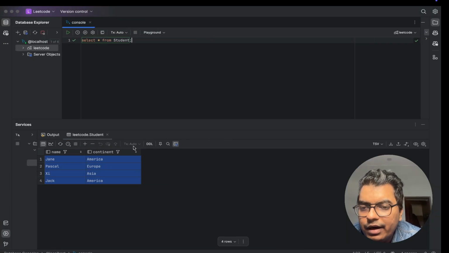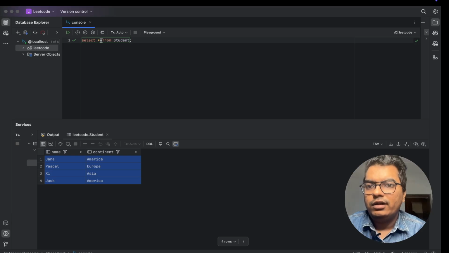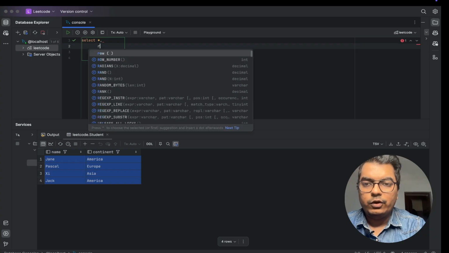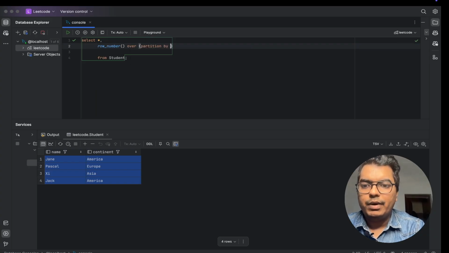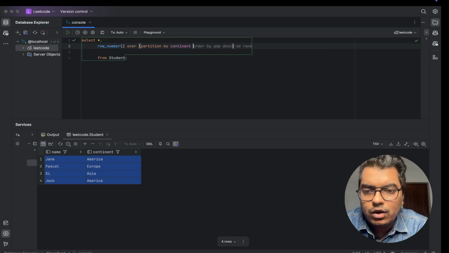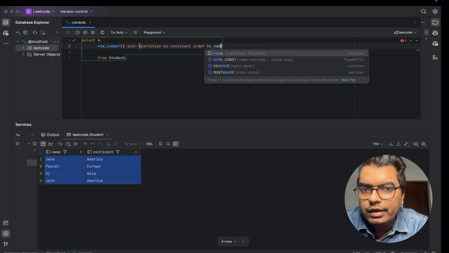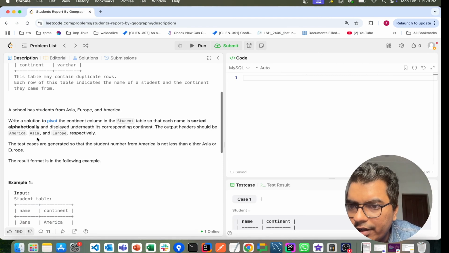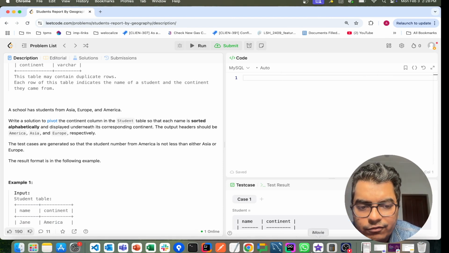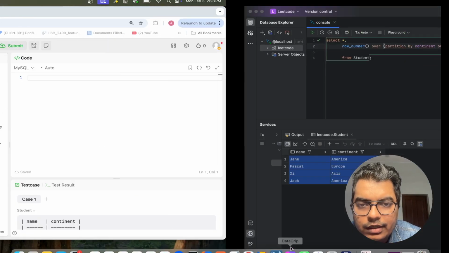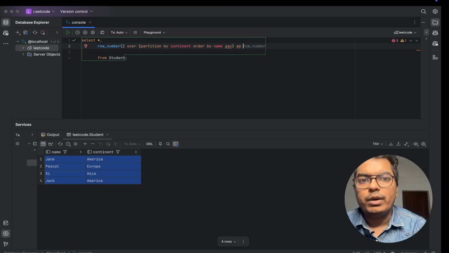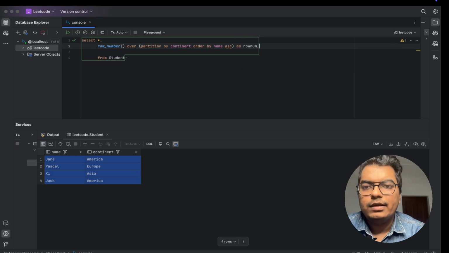I am in the data grid. I have already created this table and also inserted the data there. Now the first thing which I need to do is I just need to do row number partition by continent, order by name, ascending order. I think we need to do the order by based on the ascending order, sorted alphabetically. And what I'm going to do here in the data grid, order by name, ascending order, yes, as row num. If I run this query,